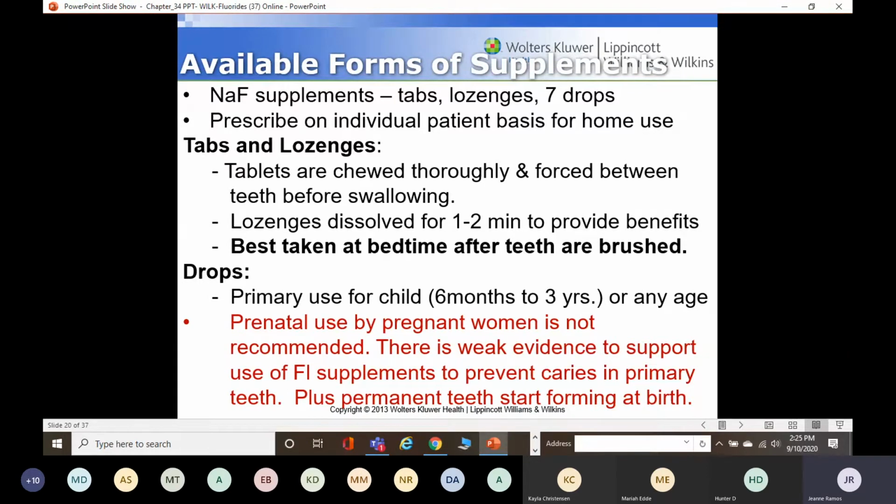Okay, so lozenges dissolve for 1 to 2 minutes to provide the benefits. So you need to keep that in your mouth. Best time is at bedtime and after teeth are brushed, so that you don't rinse any of those out. They're also advising, if you have fluoride in your toothpaste, not to, people usually brush their teeth